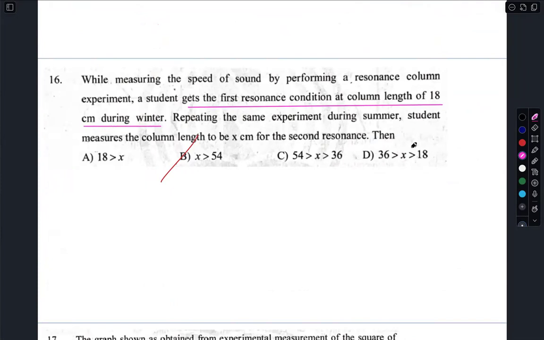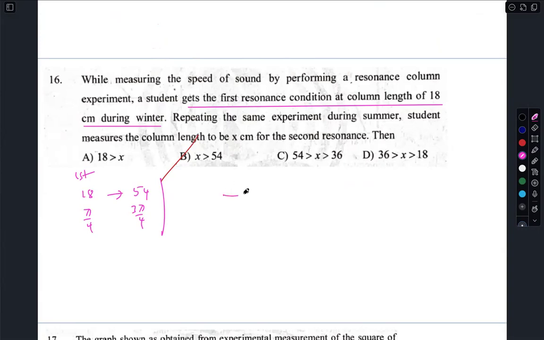Right. This means repeating the same experiment. See, first 18, second is usually 3 times of this. Okay. 3 times means usually 54. This is the first resonance because length equals lambda by 4. Next is 3 lambda by 4. Right. Repeating the same experiment during summer, the student measures the column length to be x centimeter for the second